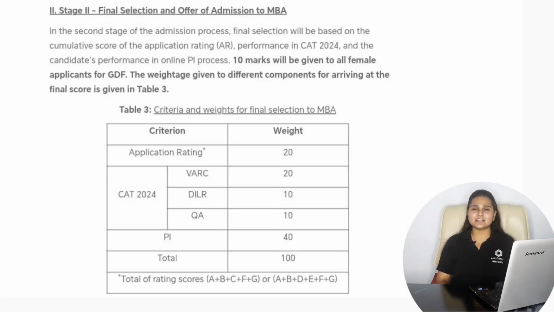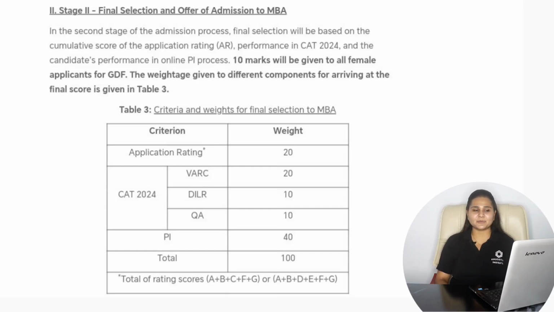Now if we consider stage 2, that is the final selection criteria, that is the composite score calculation. In that, 20% weightage is given to the application rating, then 40% weightage is given to the CAT 24 entrance examination score. In that, 20% weightage is given to the VRC, 10% weightage is given to the DILR and 10% weightage is given to the quantitative ability, and 40% weightage is given to the personal interview. So on this basis, the composite score is calculated and then the finally selected list of candidates is done with